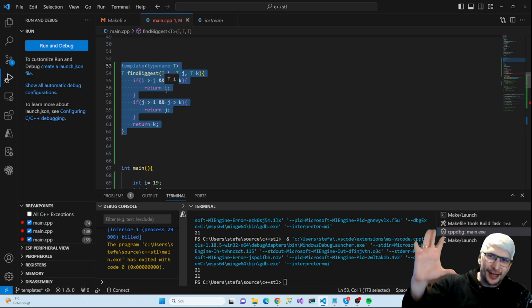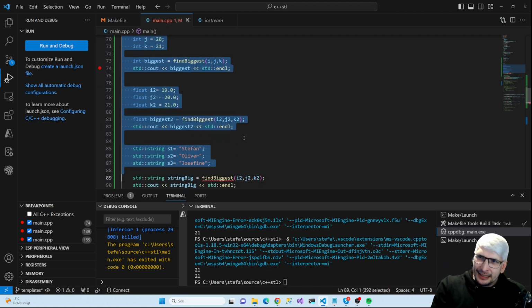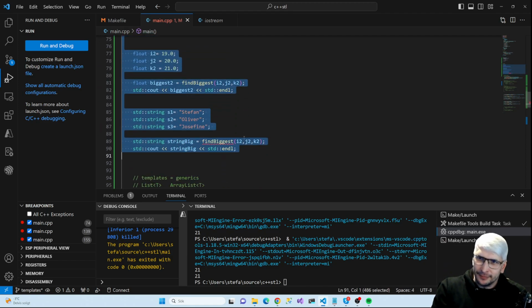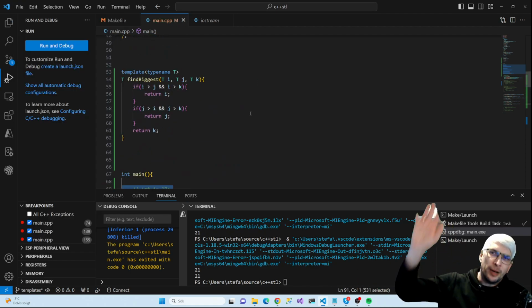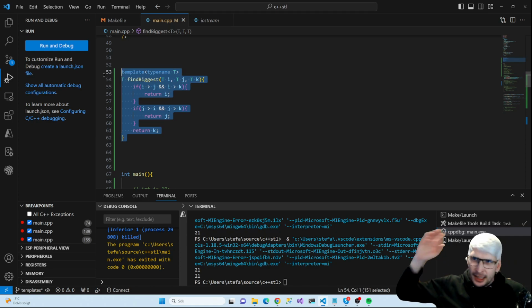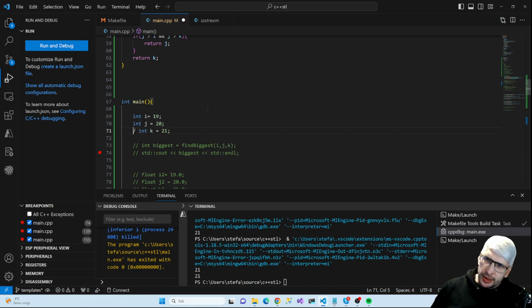So far it's nothing. When we compile, there won't be something called find biggest or anything. But when we start using it, and we start using it here,